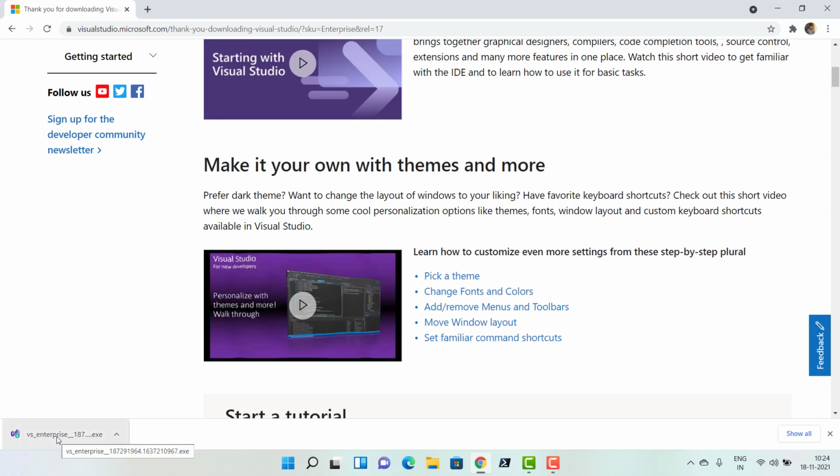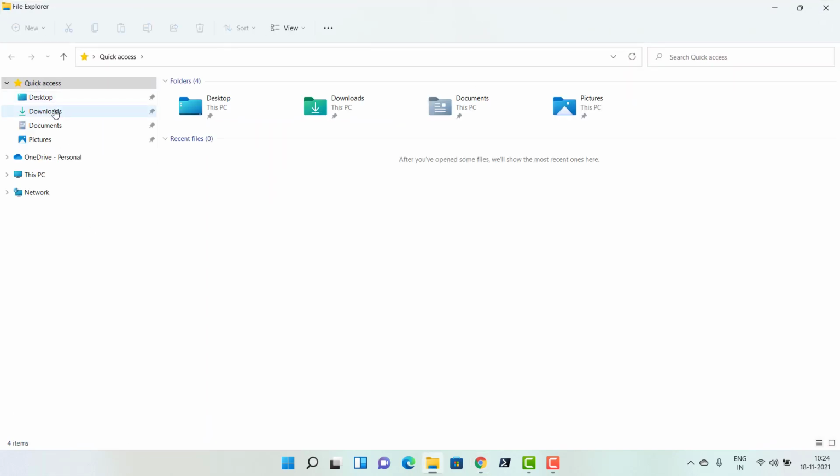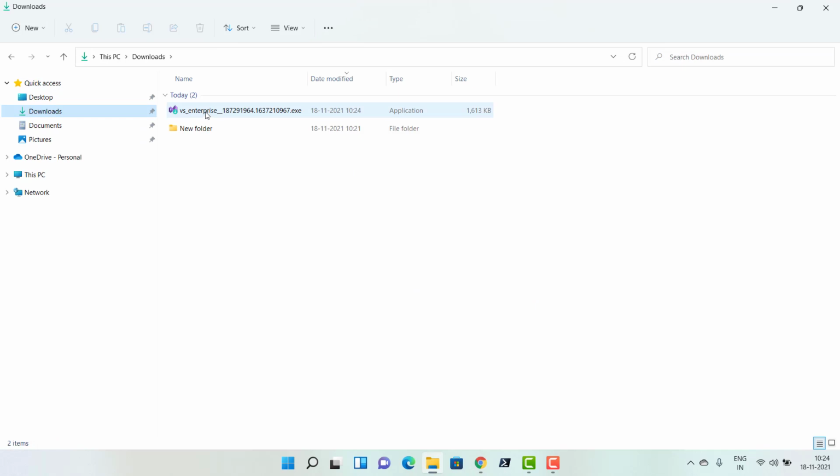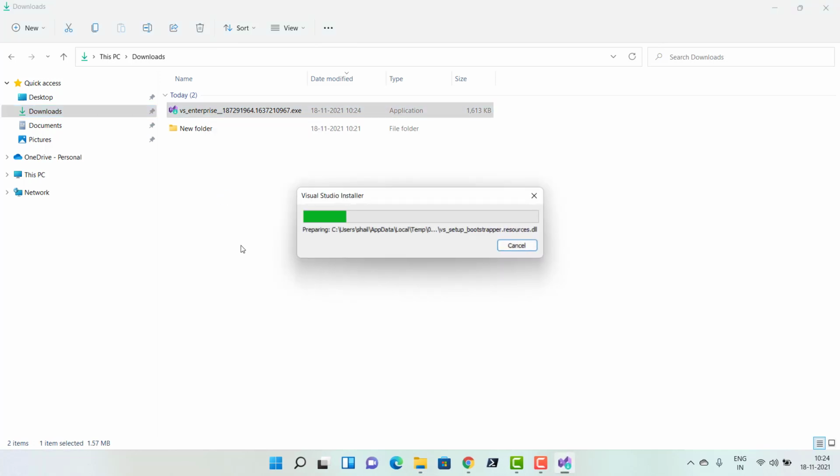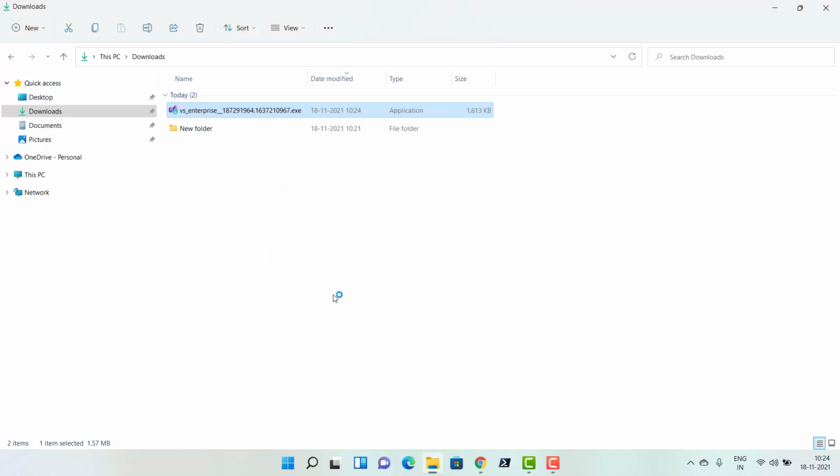So if you're using Chrome, you can launch the installer directly from Chrome itself, or you can head over to the downloads folder and you would see the Enterprise Visual Studio setup downloader here. So click on that and then the Visual Studio installation would actually begin.